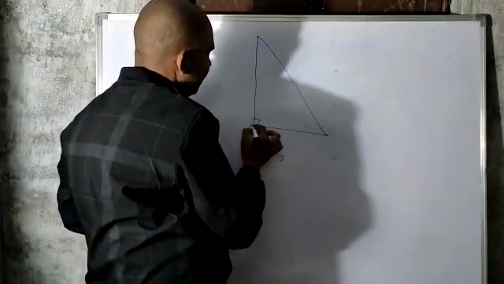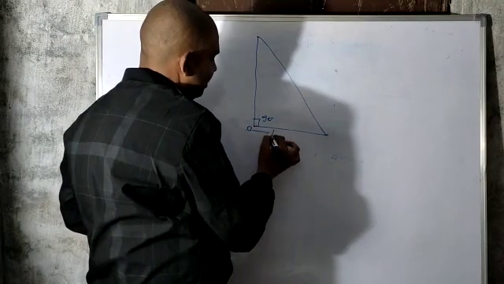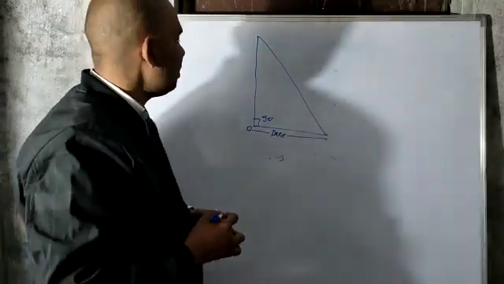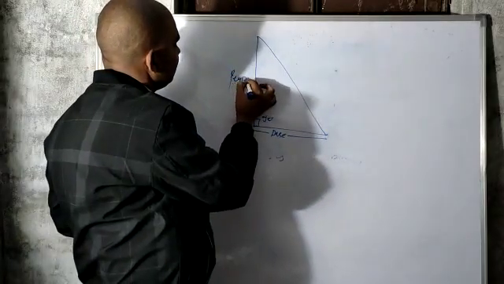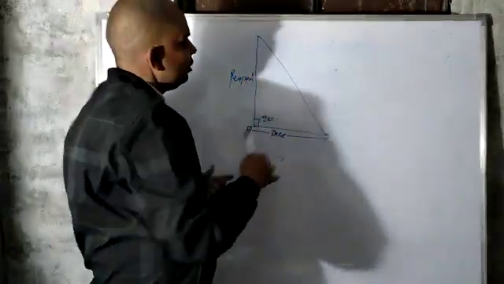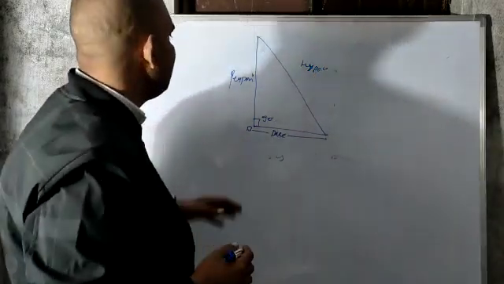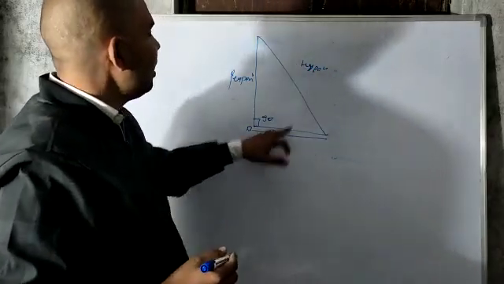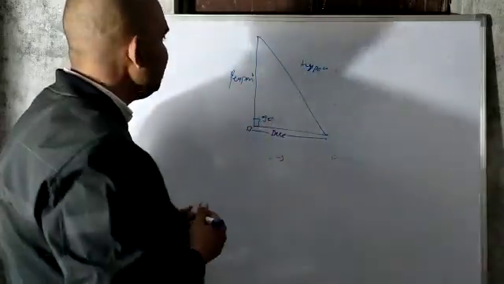It is right angled at vertex B. This is the base, and this is the perpendicular, the line which makes 90 degrees with the base. The line joining the perpendicular and the base is known as the hypotenuse. So this is a perpendicular, which makes 90 degrees with the base, this is a base, and this is a hypotenuse. There are three terms mostly used in trigonometry.